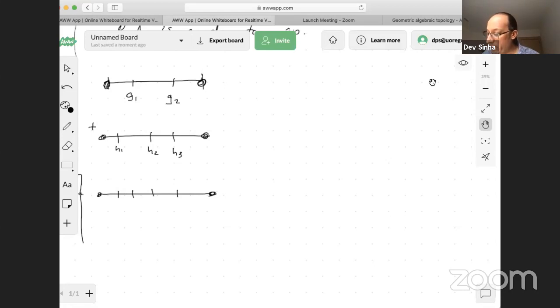But what if G2 and H3 were the same? So then these get H1, G1, H2. But then I'm going to use the fact that if these happen to be the same, which of course I need to account for, then I'm going to add. So this gives a group structure, and it's well defined. And here we really need, let me put the parenthetical comment into a different color, here we need the abelian